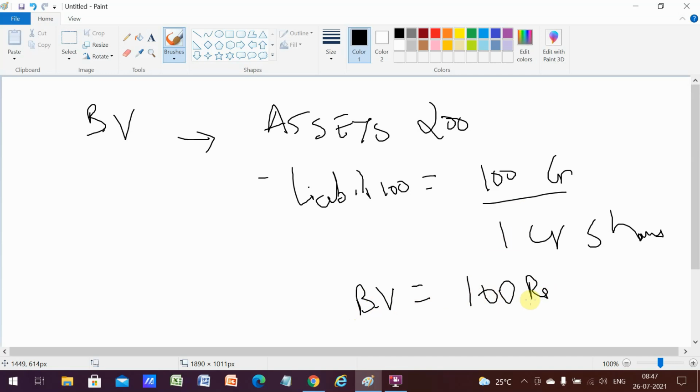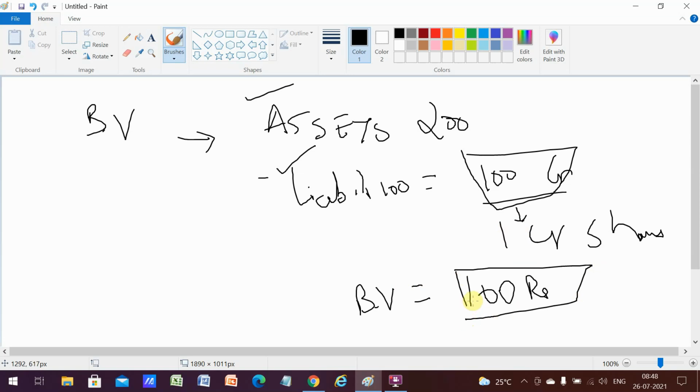So that is, in case the company closes down, they sell all their assets, okay, pay back all their loans and their suppliers, whatever amount they have to pay them, right? They'll be left out with one particular amount, okay? That amount they are going to distribute amongst all the shareholders. So when they do that, you will know that, okay, each share is going to get 100 rupees. I mean, the one who is holding that particular share, right? So for each of his share, he is going to get 100 rupees. So that is the book value of a particular company.